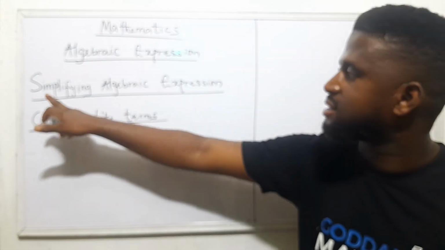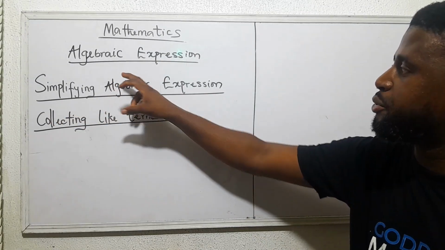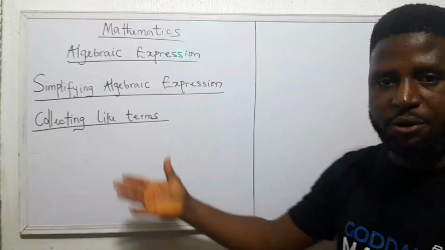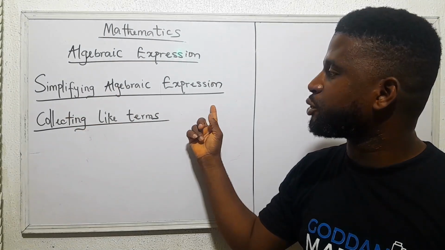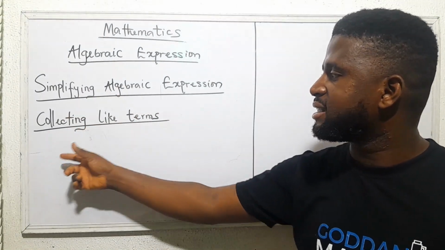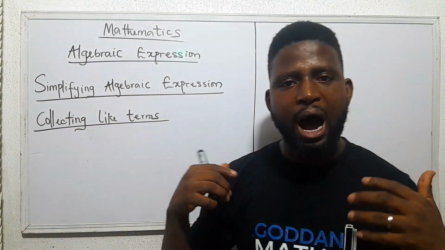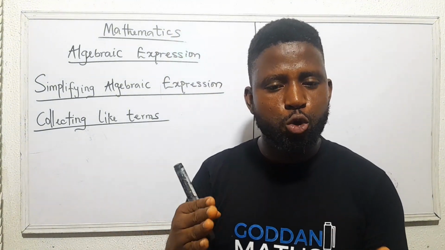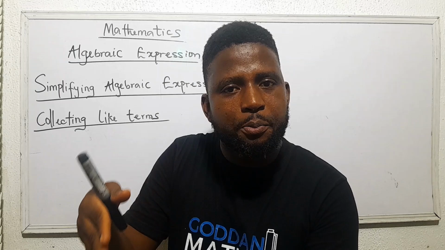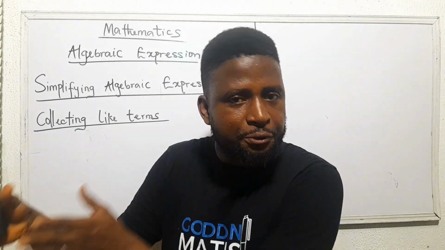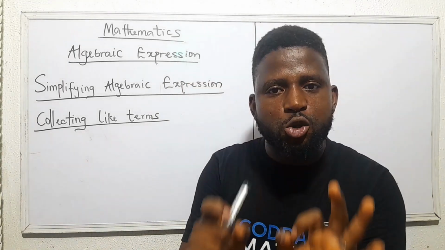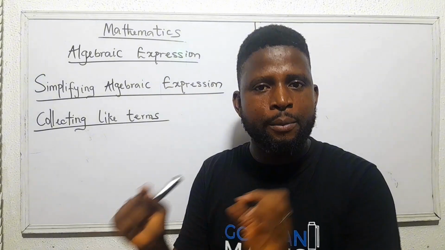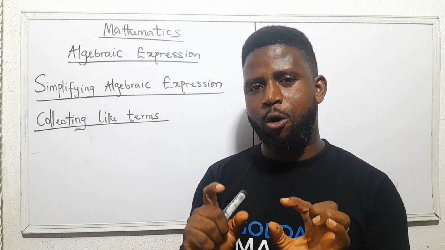Now, let's look at simplifying algebraic expressions. The first simplification of algebraic expressions we're looking at is collecting like terms. Now, when you are asked to simplify an expression, what you are asked to do is to express that expression in the simplest form. Now, you can't solve an algebraic expression, because when you are asked to solve, it means